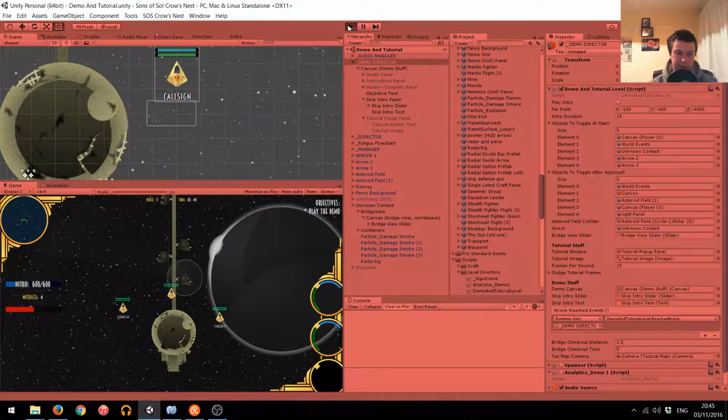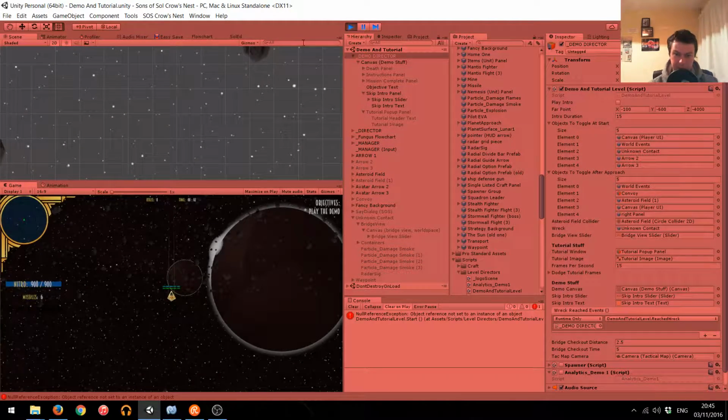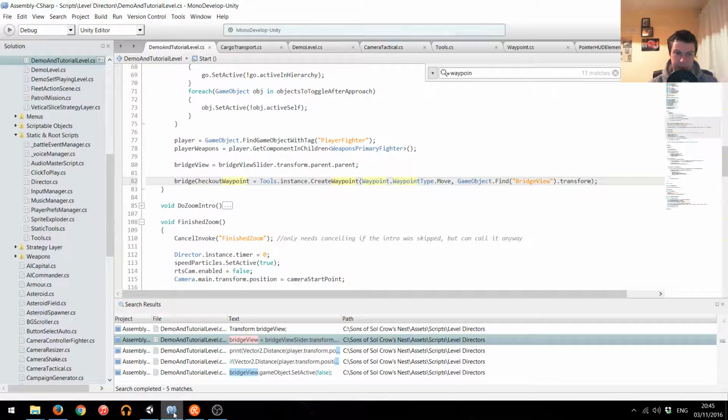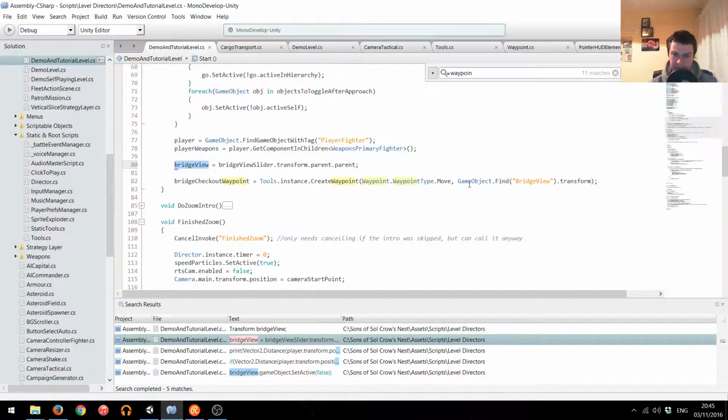So when I start the level, that's there because I'm working on it, but that'll go somewhere else. What's the null reference? GameObject.Find bridge view. Well, actually, now I can just use this. I think it can't find it because it's inactive, but